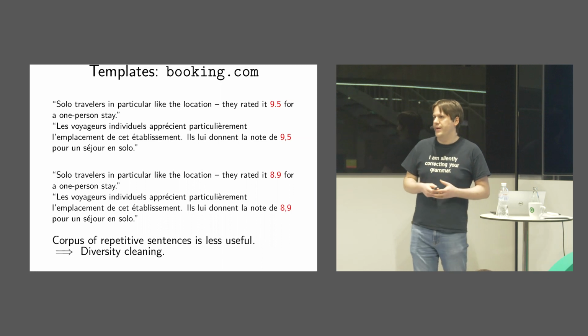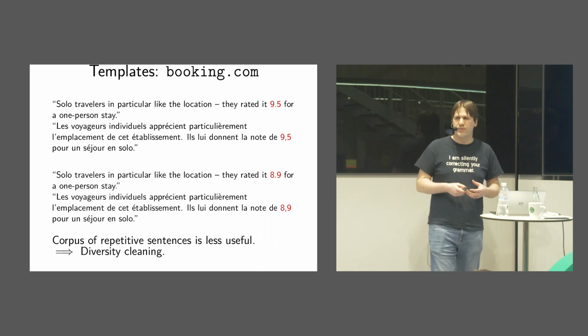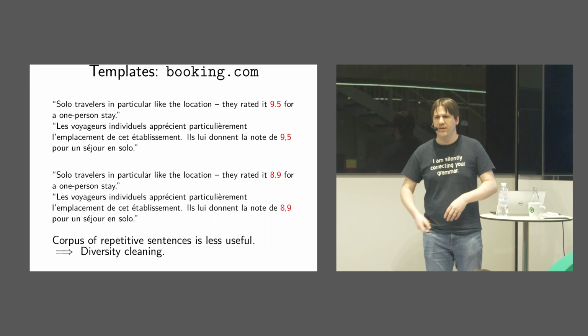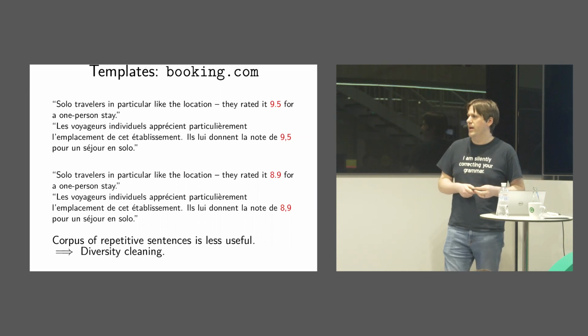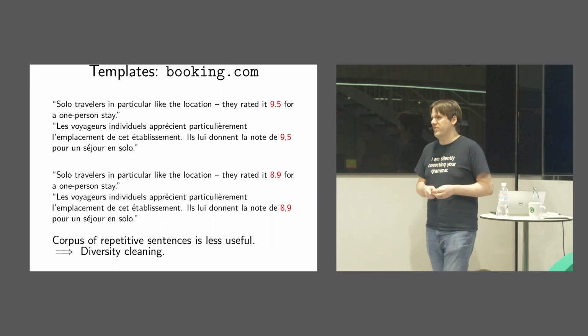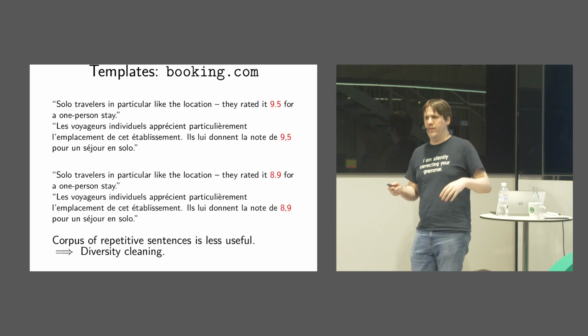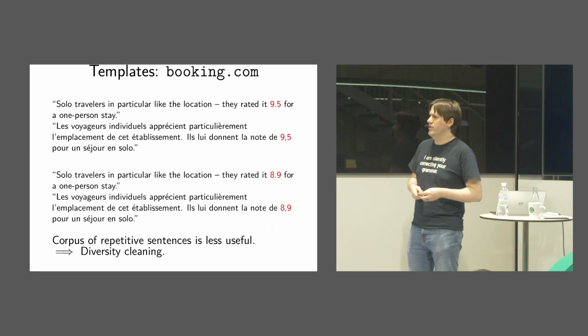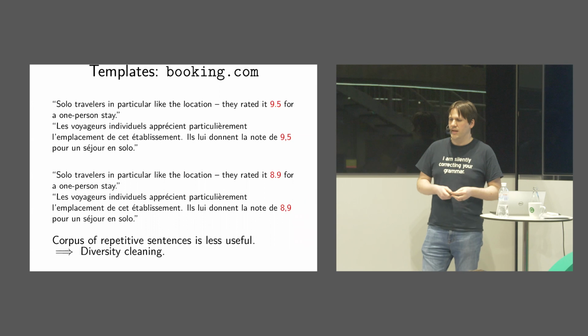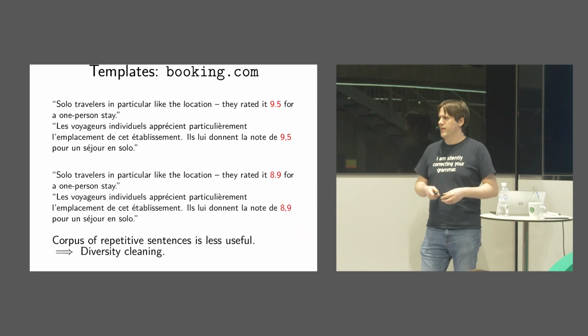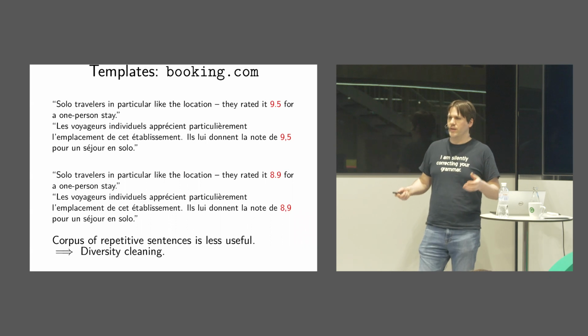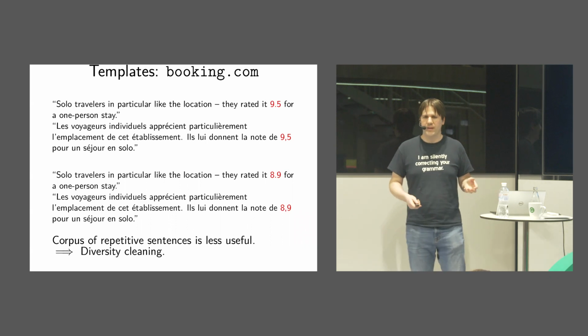So we've actually added to the pipeline, you do hashing of n-grams and throw some hash code out. You can also use SimHash. I don't know if you've heard of it, but it tries to detect similar pages. And then we attempt to throw out similar sentences